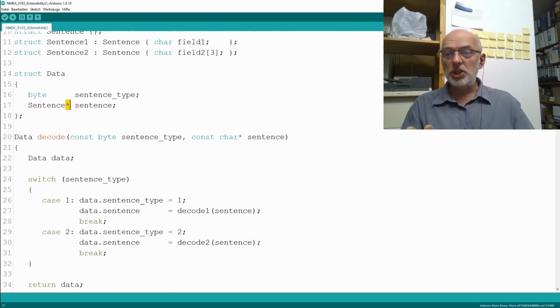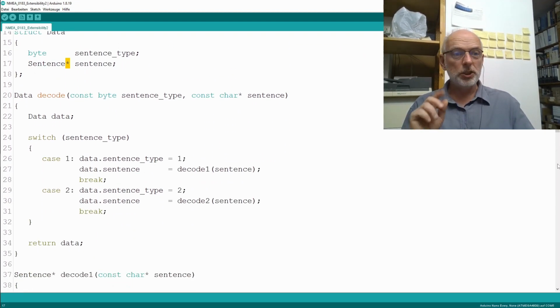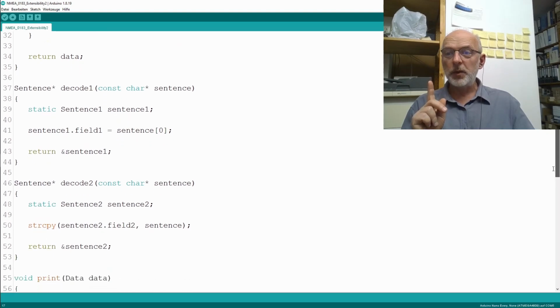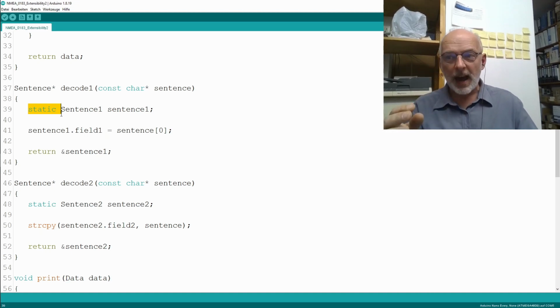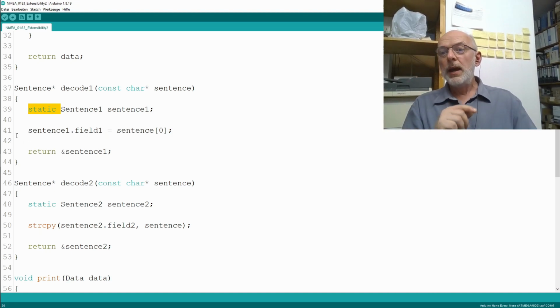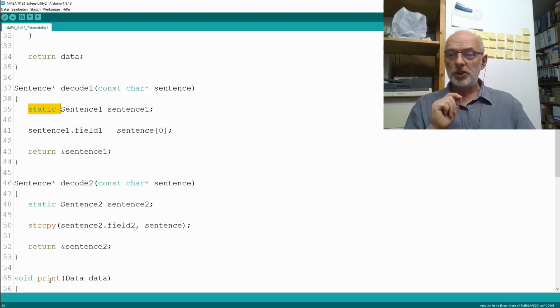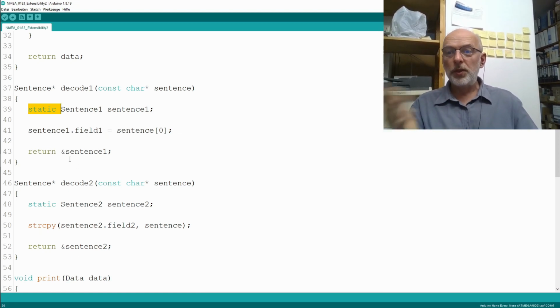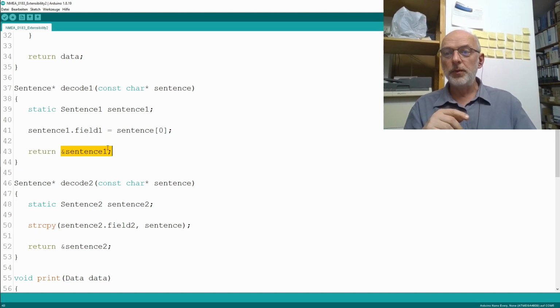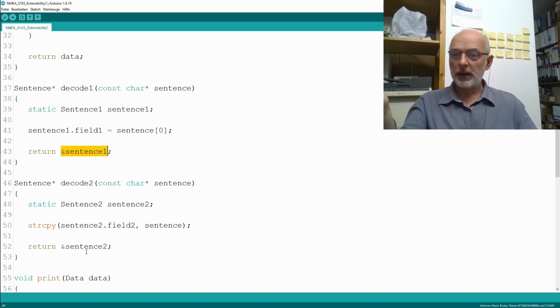There's absolutely no change within the decode function. There are some subtle changes within the decode1 and decode2 functions here. First of all, they now return a pointer to a sentence struct. Then the sentence1, respectively sentence2 local variables here are now static, meaning they survive somewhere in the memory when we exit the functions here. And also both now return a pointer to their local variables and not the local variables